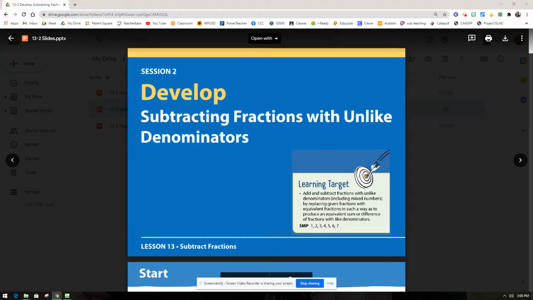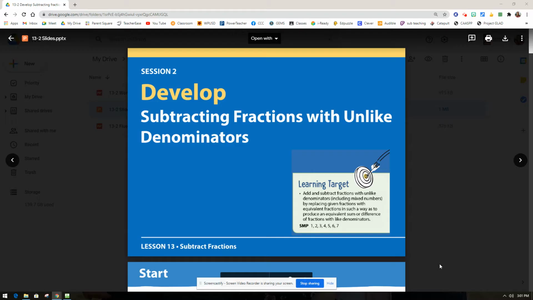Today we will be subtracting fractions with unlike denominators. We will be doing this very similarly to how we add fractions. The only difference is instead of adding the two numerators, we're going to be subtracting and possibly regrouping or borrowing if necessary. So we are going to be working today in our Ready Classroom math workbook on pages 253